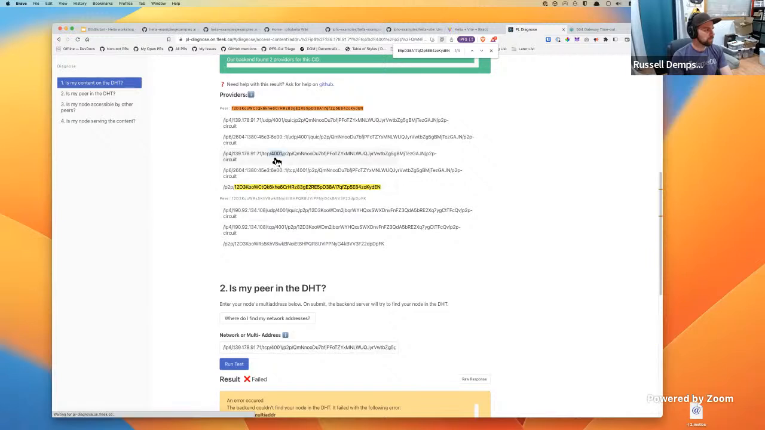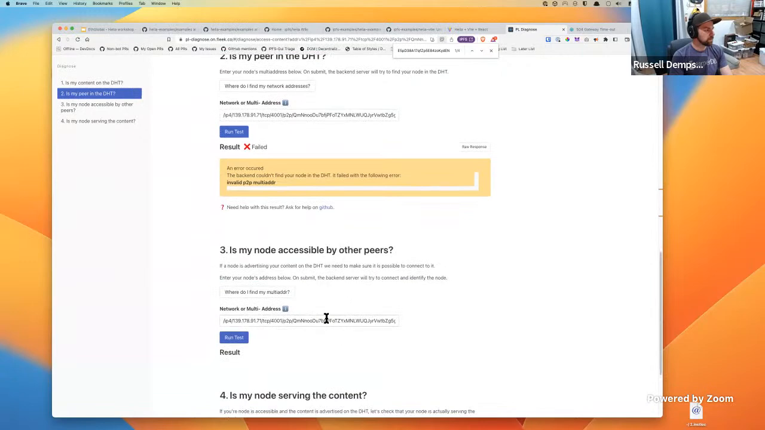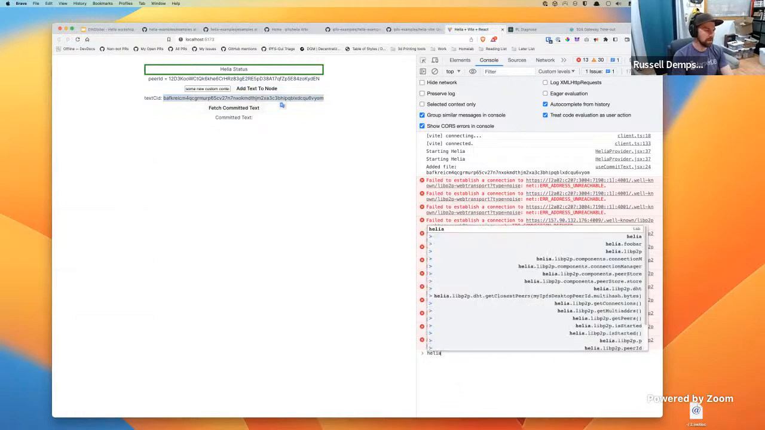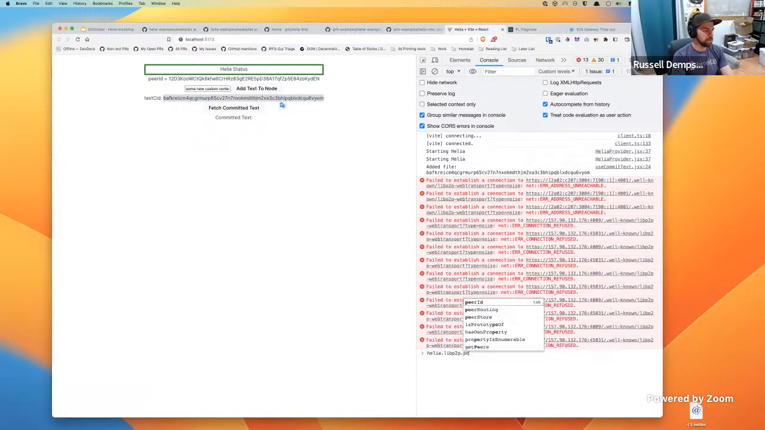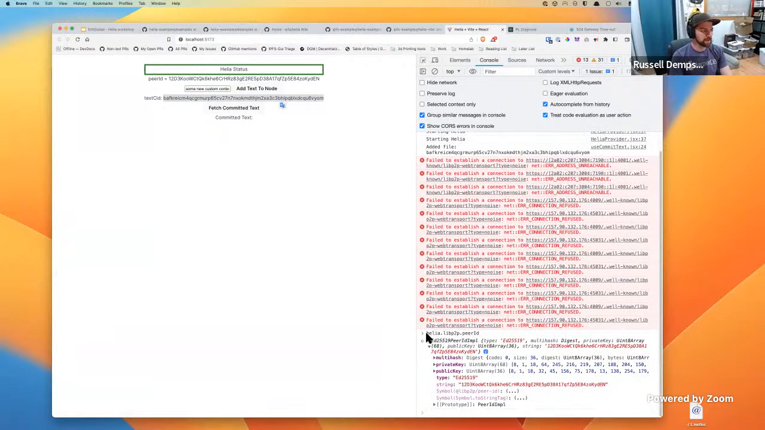Let's see if we can do this one. Yeah, so that's not working, but what we can probably do, yeah, we should be able to get the multiaddress. If we see helia.libp2p.peerId. What time do I have? I have 10 minutes left. I want to leave some time for some questions, but you can access with Helia